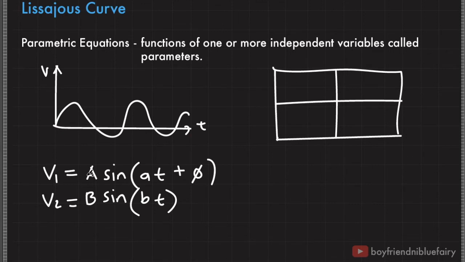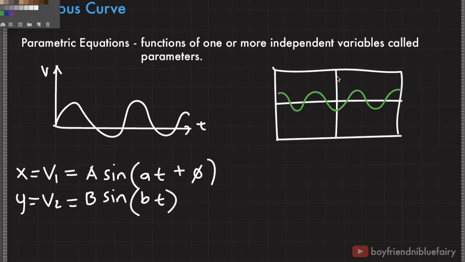So if we let V sub 1 oscillate along the x-axis and let V sub 2 oscillate along the y-axis, if this is signal 1 and this is signal 2,